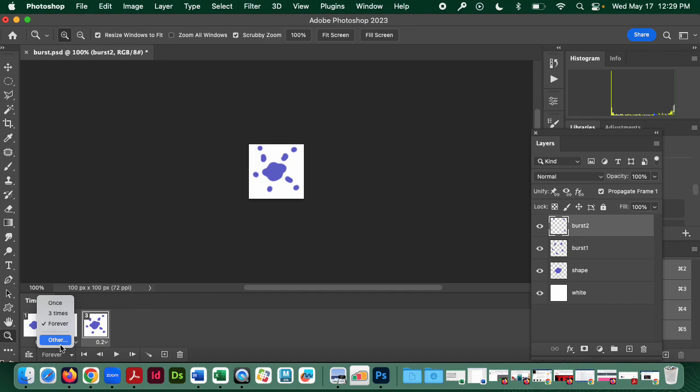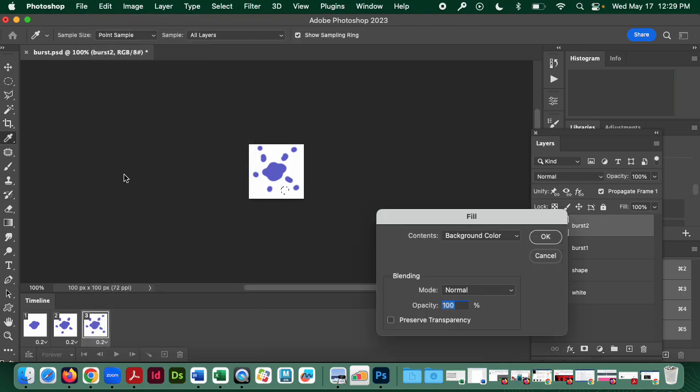Let's say you plan your animation and then you realize, oh, I wish there was a butterfly flying around, or a ball bouncing up and down. If at the end of your animation you add anything, it will be added to all the frames. So for example, if I go in here and I create a little circle right here and I fill it,